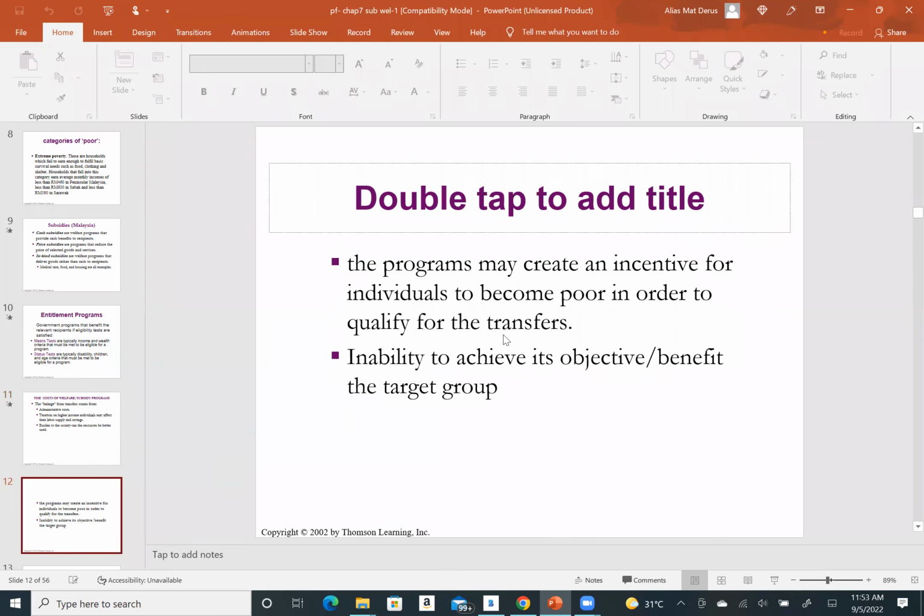Okay, the other one is this. Oh no, this is not the cost lah. This is the side effect. Okay, this is the side effect. Oh, in terms of that cost. Okay, so